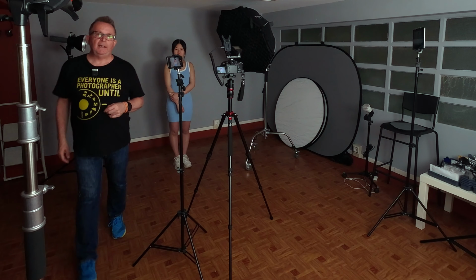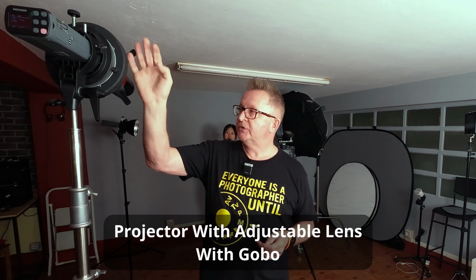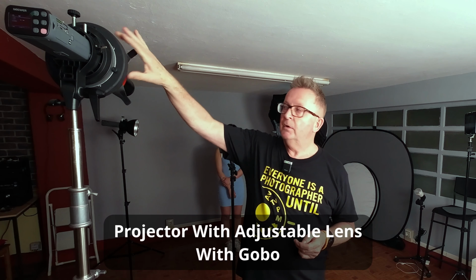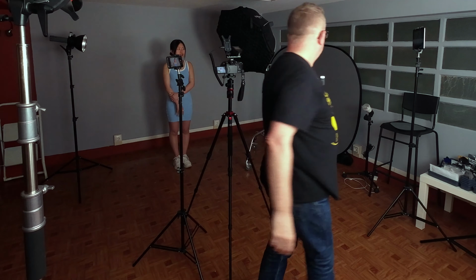And then when we add in our third light, it's going to be this one here, which is attached to a projector which has a gobo in the middle. And a gobo is basically just a small disc which has cutouts in it, which will make a really interesting background on our wall behind One. All three of my flashes, this one,